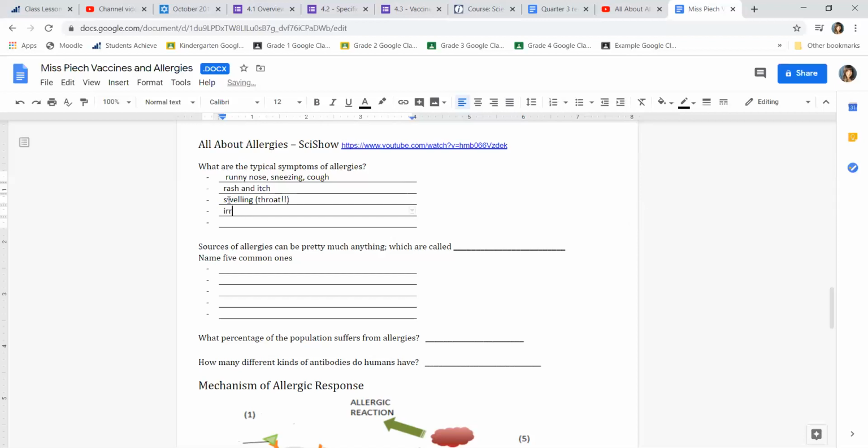Also could be irritated eyes and swelling. And we're not talking about irritated eyes in the sense of them being irritated with you. We're just talking about where they are red, bloodshot, watery, things like that. Think of hay season, where if they're walking around somewhere with lots of dust and pollen, their eyes are usually swelling a bit and red and itchy and all of that uncomfortable stuff. It could also be things like vomiting,